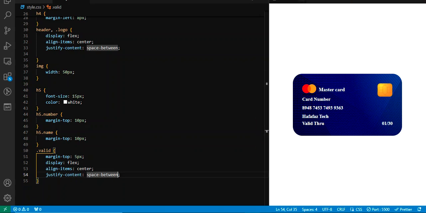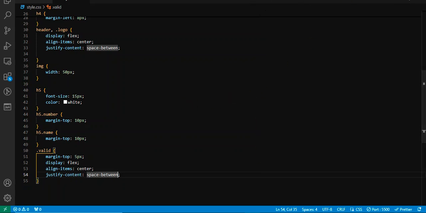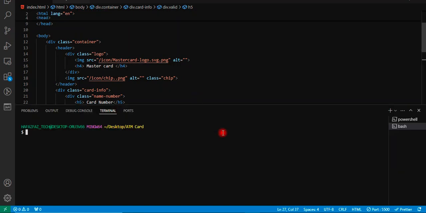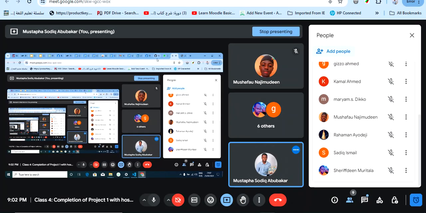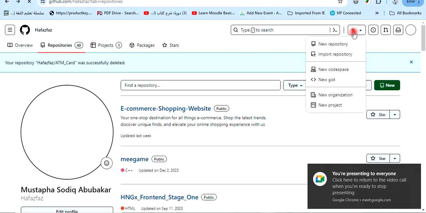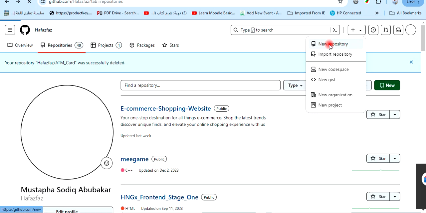So now let me try to cancel this. I don't need this again. What you have to do now is open your terminal, Ctrl J. You open your terminal, go back to your GitHub like this, right? Then create new repositories. Click on new repository